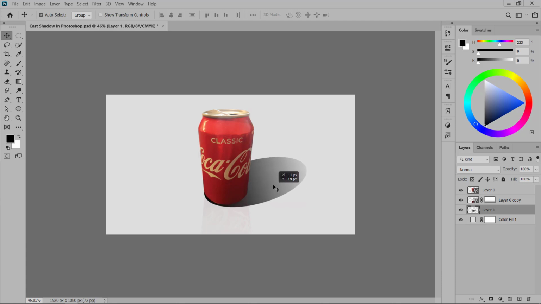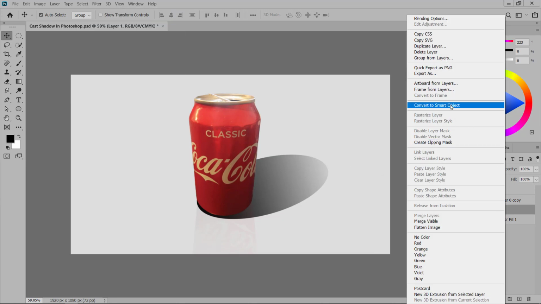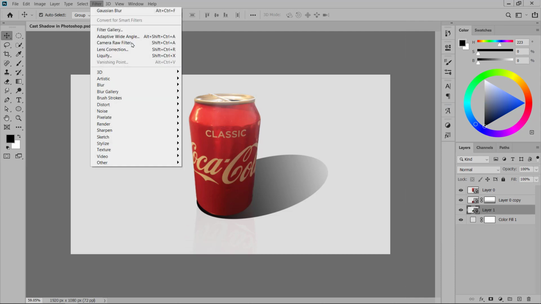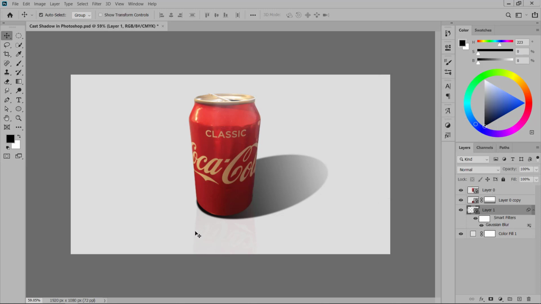So to feather it, you can go to the filter. First convert it to a smart object, then go to Filter, Blur and Gaussian Blur, and first I will give a blur of 2 to 3 pixels, and then I will blur this area with the help of the rectangular marquee tool. I will select half of it,